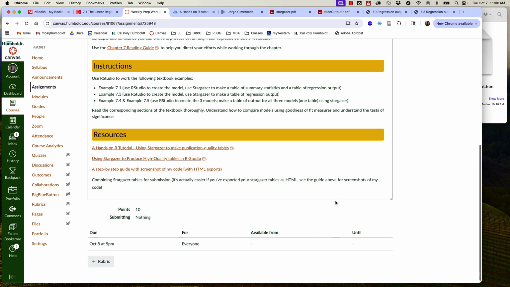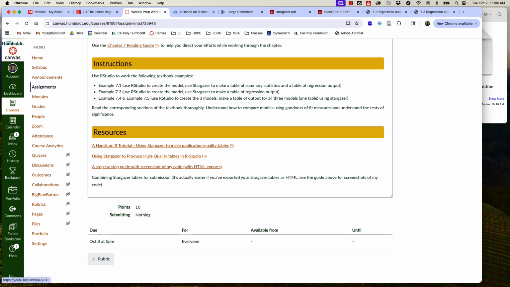So if you followed along with the video about using Stargazer to produce high quality tables in RStudio, I came back in to combine these as I said I would. For this video, I'm combining right now, but you might have noticed that there's a new link here and a little caveat that says it's actually easier if you've exported your Stargazer tables as HTML. Well, between when I made that video and this video now, I realized that if we're just trying to be fairly simple and copy and paste our tables into Word so that we can still edit them,